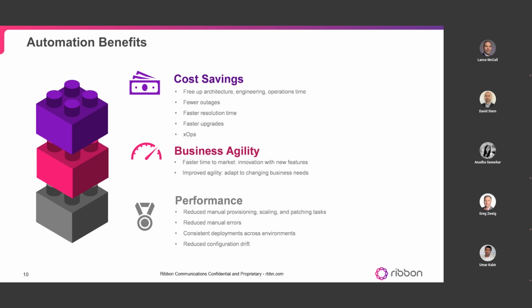Below that, we have the business agility aspect, which is essential in today's fast-moving markets for all intents and purposes. If you want to stay ahead of your competition, this is a known thing, you just have to be agile. In the network lifecycle stages, think of from the first day of deployment all the way to innovating, this is the revenue generated phase towards the end, called the innovation phase. So you get faster time to market because automation accelerates the testing and deployment of new features, which obviously helps you innovate more quickly. On the agility side, organizations can respond more effectively to changing business needs, whether you need scaling services, as Umar mentioned earlier, auto scaling,